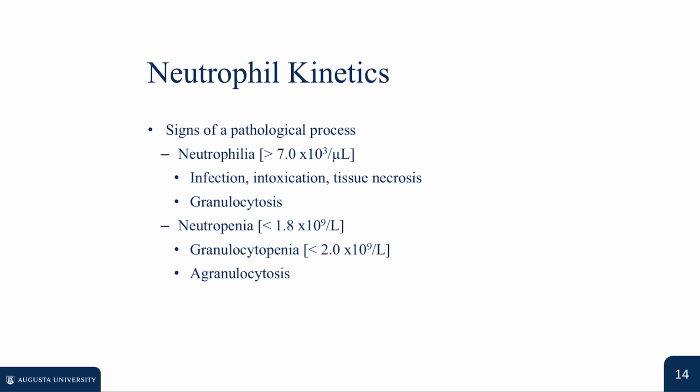Specific clinical terminology defines quantitative variations in circulating granulocytes. Neutrophilia refers to an absolute neutrophil count exceeding 7.0 times 10 to the third per microliter, or 7.0 times 10 to the ninth per liter. This elevation is commonly precipitated by acute bacterial infections, systemic inflammation, metabolic intoxication, or tissue necrosis. Conversely, neutropenia is defined as an absolute neutrophil count under 1.8 times 10 to the ninth per liter, increasing patient